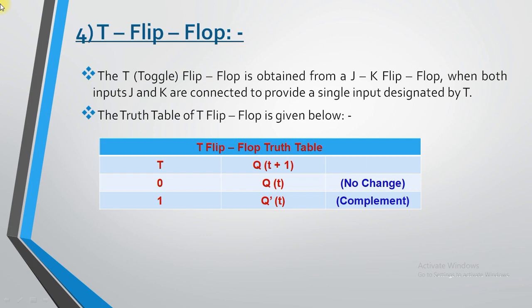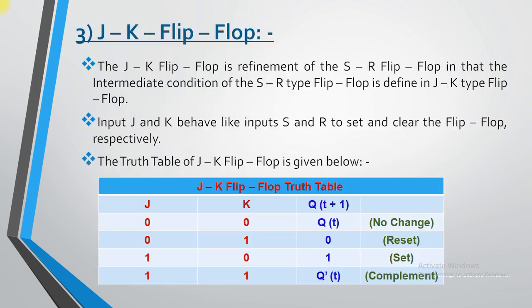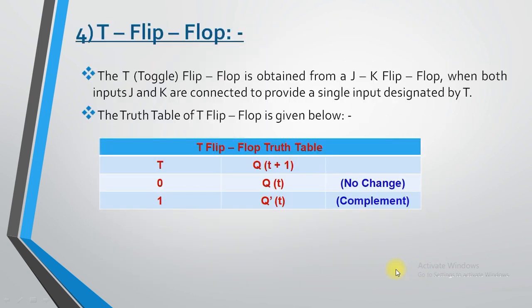Let me share the truth table of the JK flip-flop over here. What you need to do is consider the first case and the last case. The 0, 1 and 1, 1 conditions don't come right now, don't consider them. The remaining truth table remains as it is, like Qt and Q dash T. No change, complement. You can see over here. No change, complement, Qt, Q dash T. The value of T is what? 0 and 1. Qt plus 1 represents